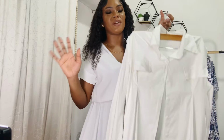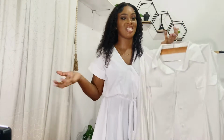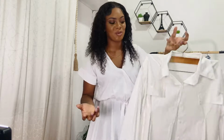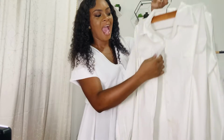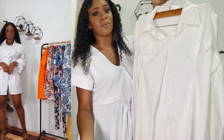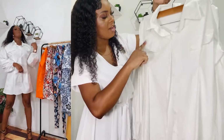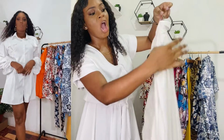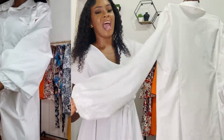Okay, guys, so last but not least, we have another button-down shirt dress, because listen, shirt dresses are in. They're just super fun, super cute, and this is in a solid color, so I opted to do this in white. And it does have the same properties as the previous shirt dress. So it does have the flares, it does have the little lapels, it has the button down details, the color, you name it. However, I opted to do a balloon sleeve for this one, and it goes all the way